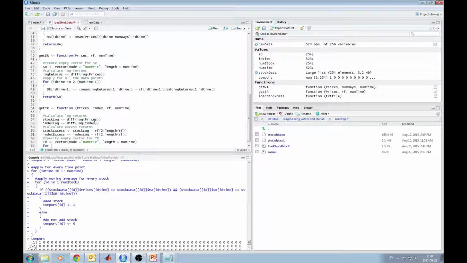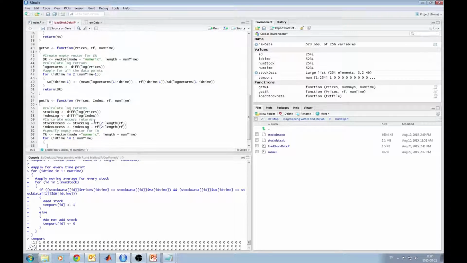Good. So now, for id time in 1 to number of time, we would like to select the train ratio at id time, which is going to be equal to our excess return of the stock log, starting from 1 to